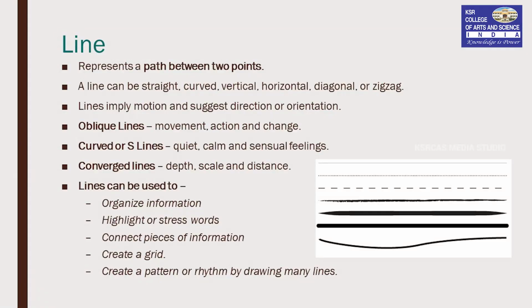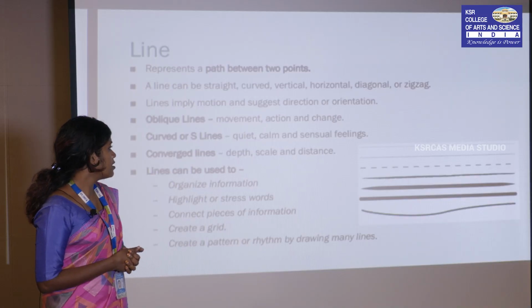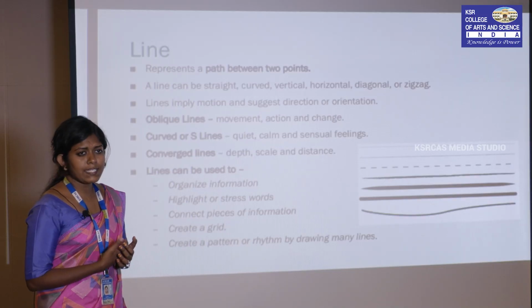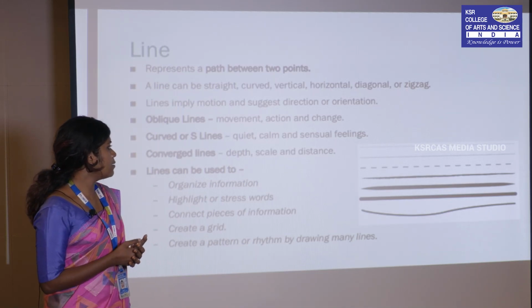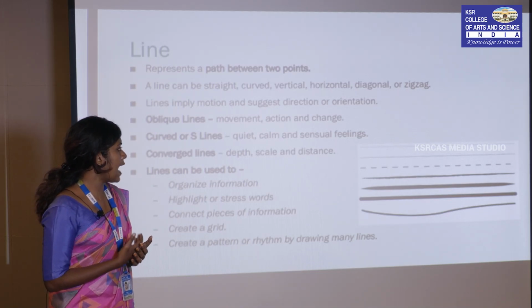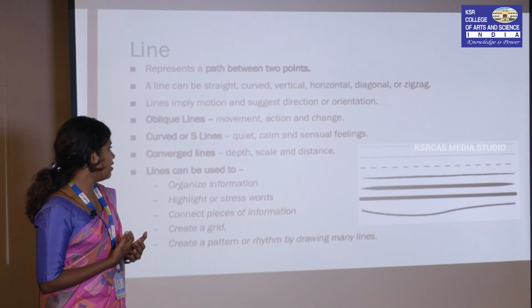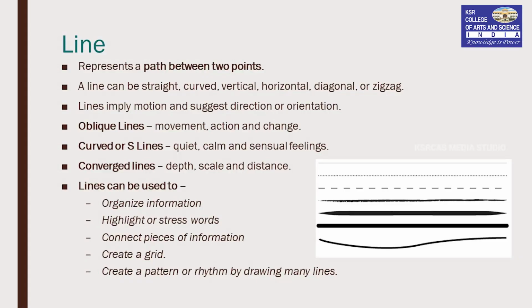Next element is line. Line represents a path between 2 points. A line can be straight, curved, vertical, horizontal, diagonal or zigzag. Lines imply motion and suggest direction or orientation. When you try to analyze the different emotions created by different forms of lines, oblique lines help to create the feeling of movement, action and change. Curved and S-shaped lines create a quiet, calm and sensual feeling, and converging lines help to give the feeling of